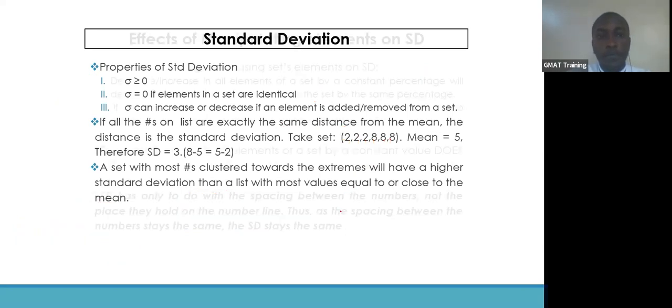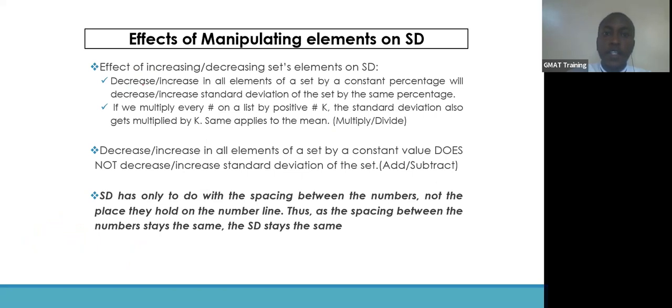All right. Here are the effects of manipulating elements on the standard deviation. And these are very crucial points. Effect of increasing and or decreasing such elements on the standard deviation. Given that you decrease or increase elements of a set by a constant percentage, then the standard deviation should increase or decrease by the same percentage. Given that you have values, let's take a value, 100, for example, and 200, that's the set, and say the